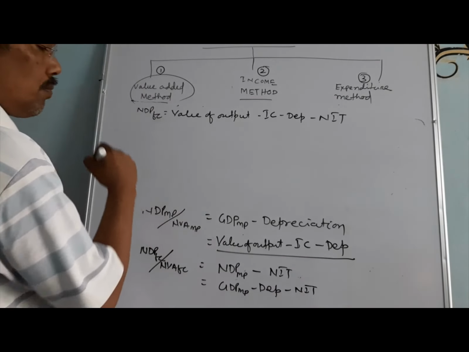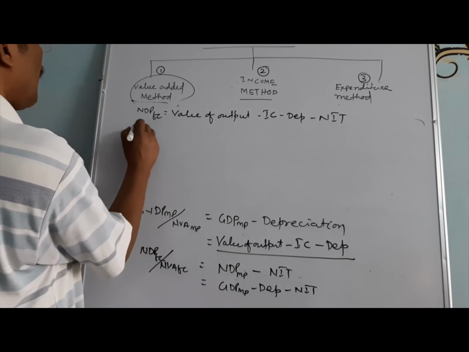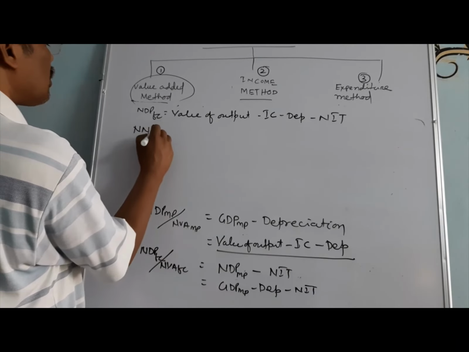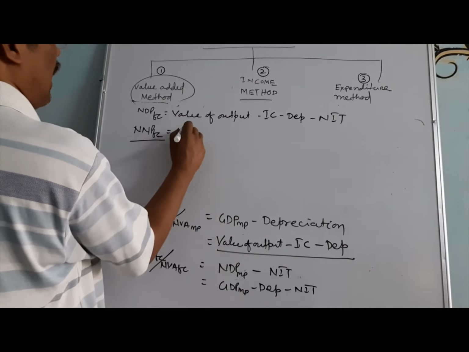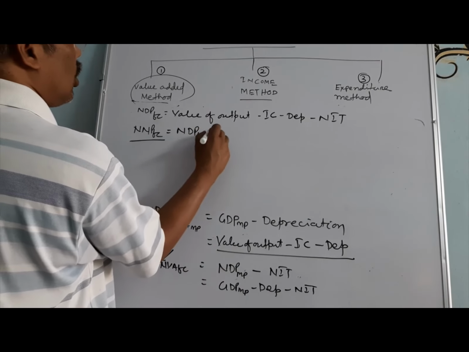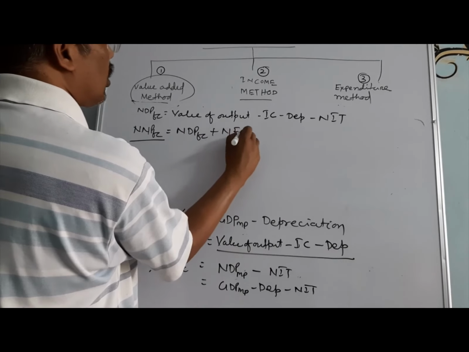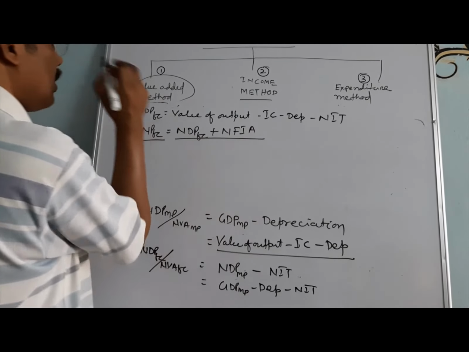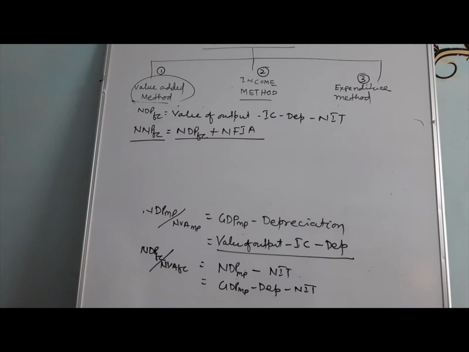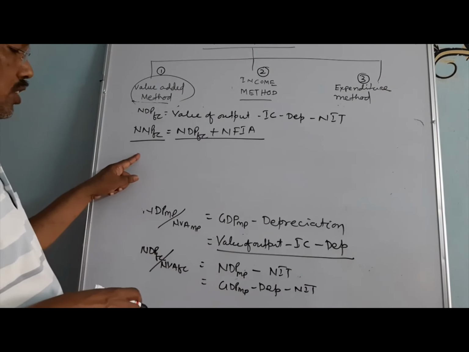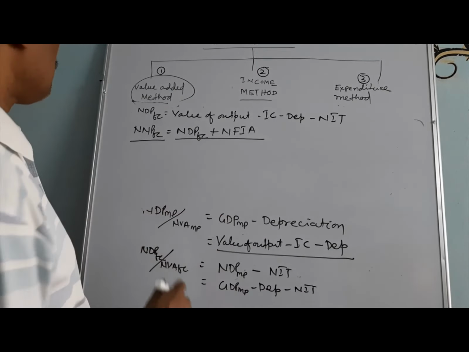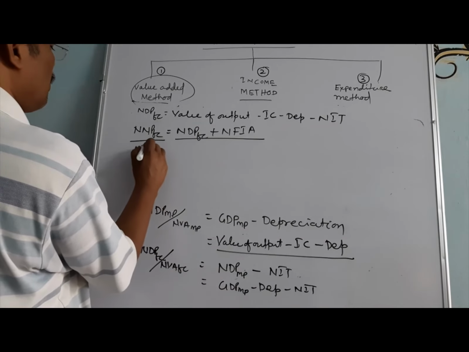Next, we have to find out the national income or NNP at factor cost. Very simple. We have already known NDP at factor cost plus net factor income from abroad equals NNP at factor cost. If we find NNP at factor cost directly from the value of outputs, we may write here